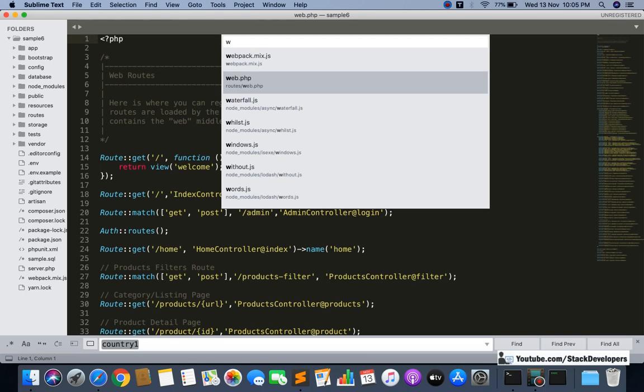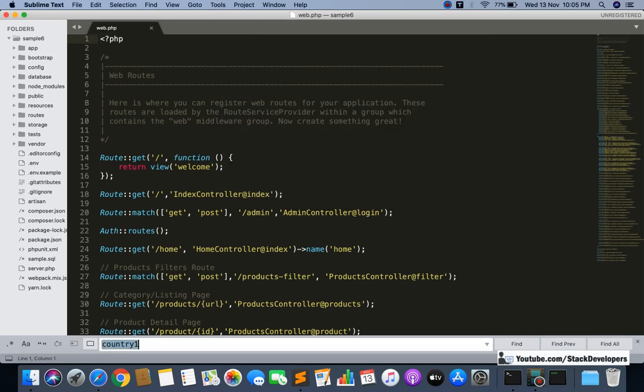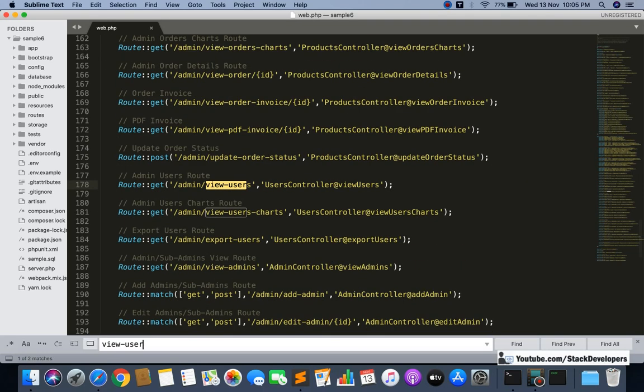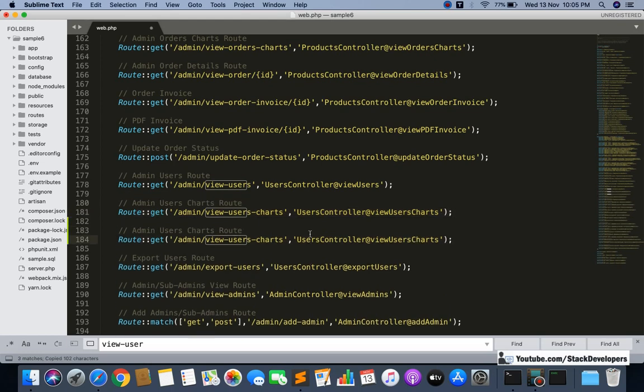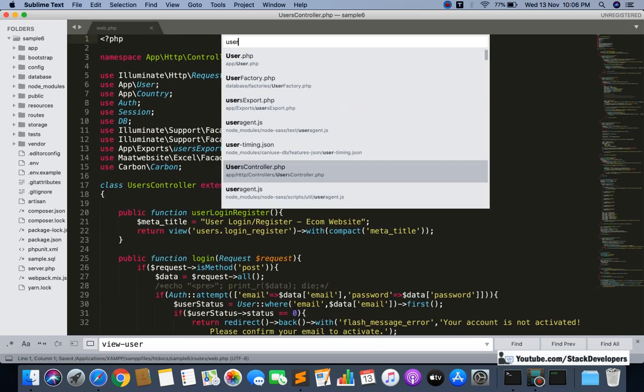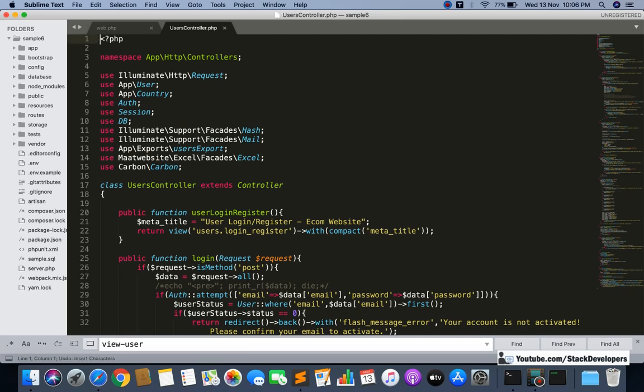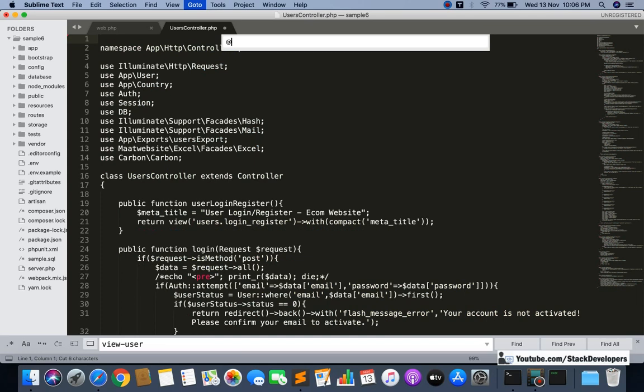First of all, we are going to create the route for this, and I will create the route straight away. After the view user chart route, I'm going to create such a route once again, and this time we are going to name it like view users countries chart. Okay, here I am going to make it countries. So instead of chart I can show countries, or you can say countries charts. So view users countries chart, we can name it like this, and I can simply save and go to the users controller, where we already have